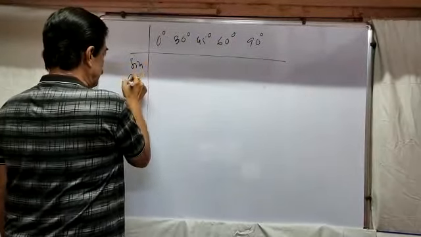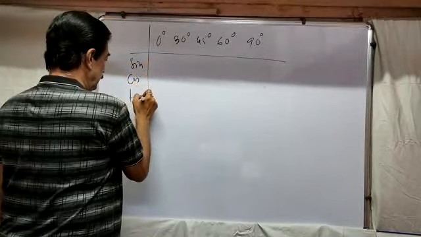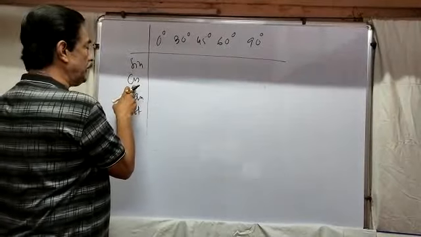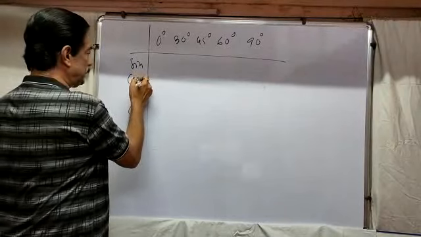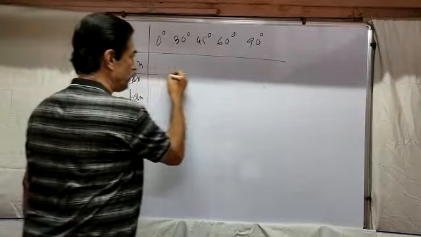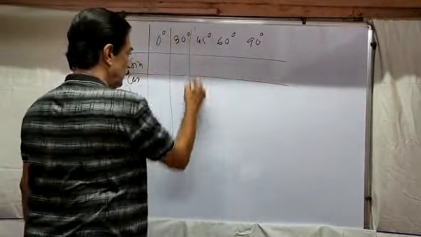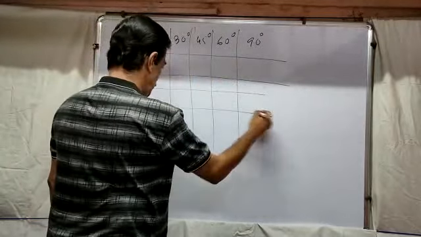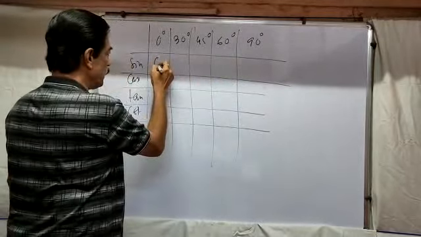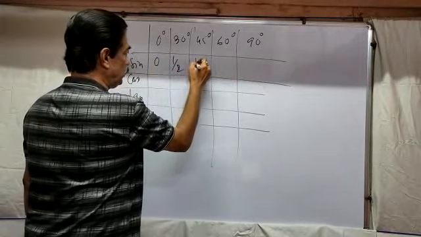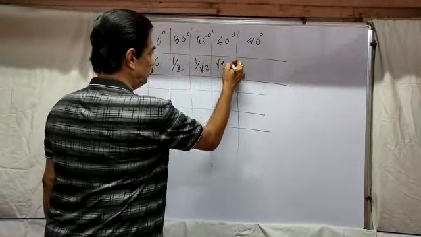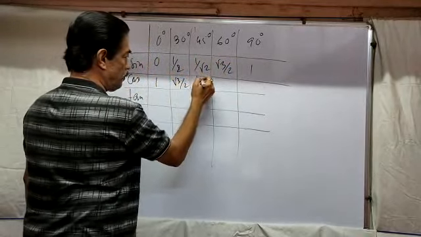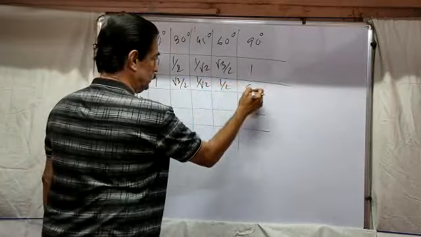Now sin, then cos, then tan, then cot, and we know if I reverse cos we can get sec, if I reverse sin, we can get cosec and so on. The first line you have to remember, the standard values of sin: 0, half, 1 by root 2, root 3 by 2 and 1. For cos, just reverse: 1, then root 3 by 2, 1 by root 2, half and 0.